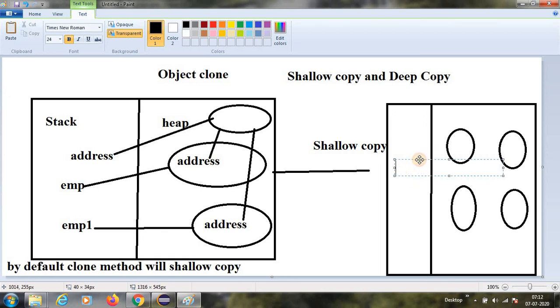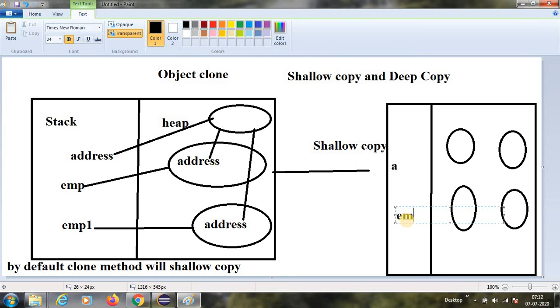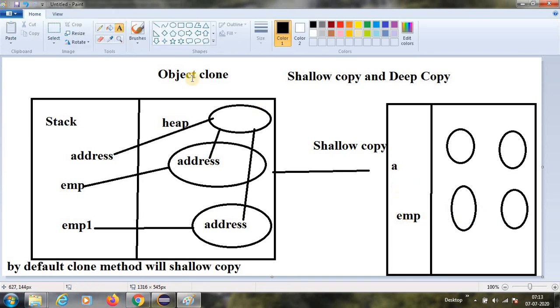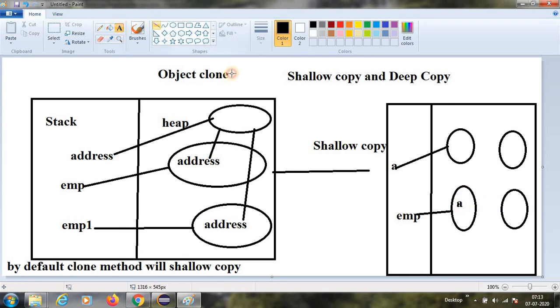I'll put short forms, guys: A for address, and EMP1 for employee. So this address is pointing to this, EMP is pointing to this. Inside this again there is address. So that address is pointing to this.